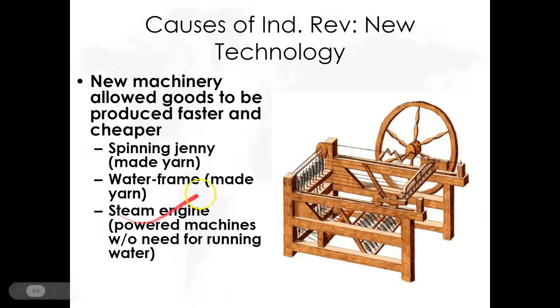And all of these machines are now in factories. And so factories will help expedite the speed at which these things are produced. And again, that drops the price. What makes those machines operate is the steam engine. So again, most important invention of the 19th century, along with the train, will be the steam engine. Well, the steam engine powers the train, so probably the steam engine is more important.